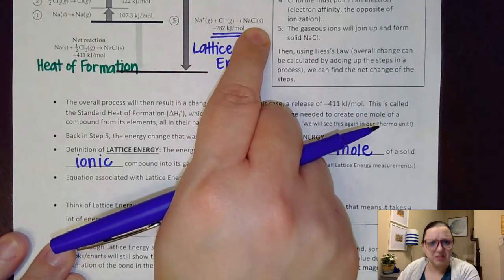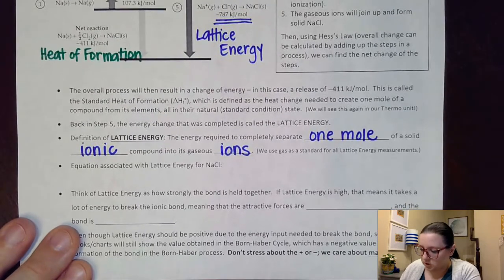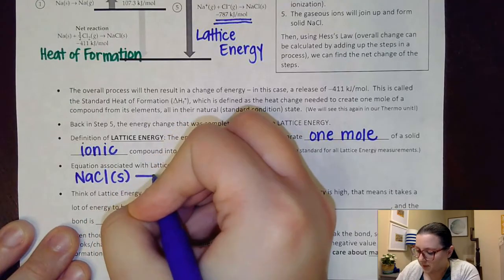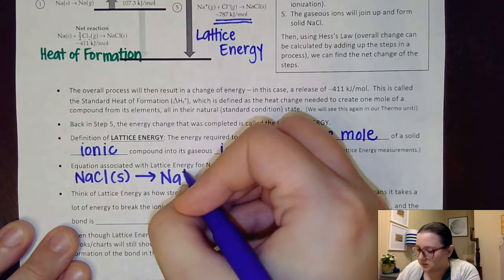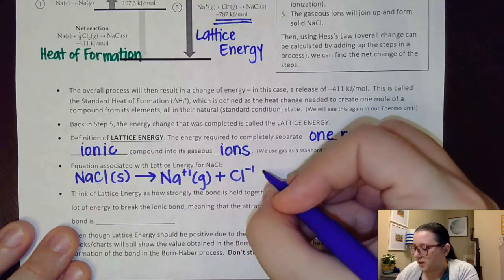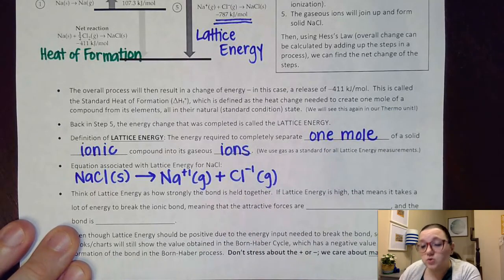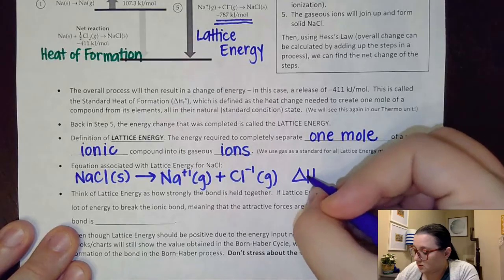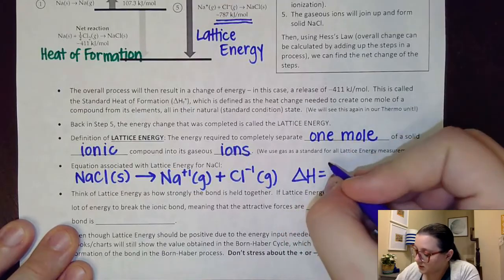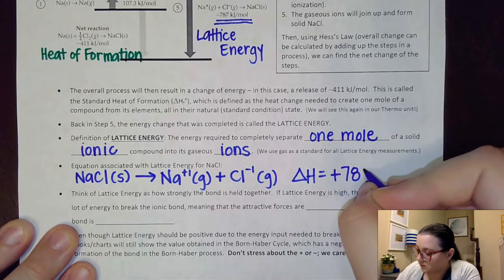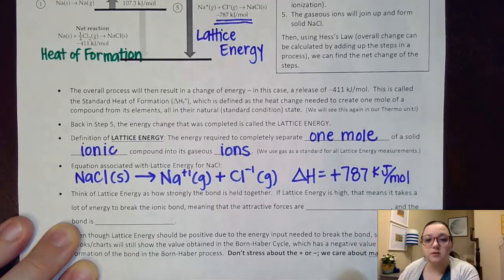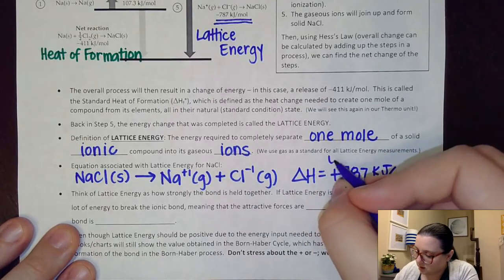So if we were to flip that equation around where we take the NaCl as a solid and break it back up into sodium positive 1 as a gas and the chlorine negative 1 as a gas, the energy associated with that, the change in heat, instead of having a negative 787, would have a positive 787 kilojoules per mole for its lattice energy. So again, this value right here, that is our lattice energy